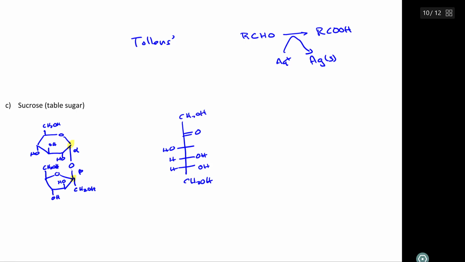The reason you would be skeptical is that it's a ketone, but it turns out when you have this alpha hydroxy group on this side, you can go through an equilibrium through what's called an enediol. It was actually in my notes earlier, and I thought I wouldn't talk about it this time, but